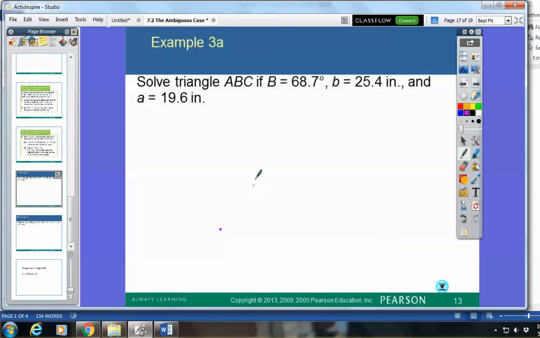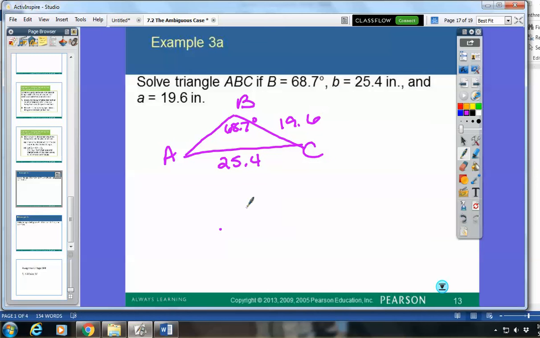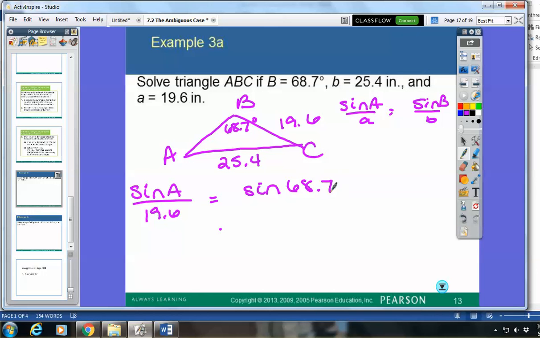So if we start setting this up, angle B is 68.7 degrees, side B is 25.4, side A is 19.6. So first we need to find angle A. Since I'm looking for the angle, let's do sine A over A equals sine B over B. So the sine of angle A over 19.6 equals the sine